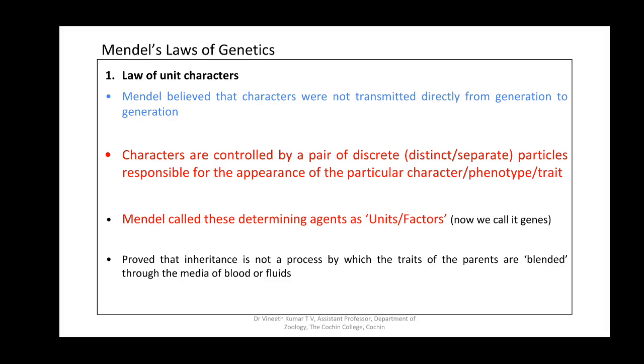They are discrete particles and they are paired. If we diagrammatically explain this unit inheritance, take a cell of the same pea plant. To determine a character like flower color in a particular plant,